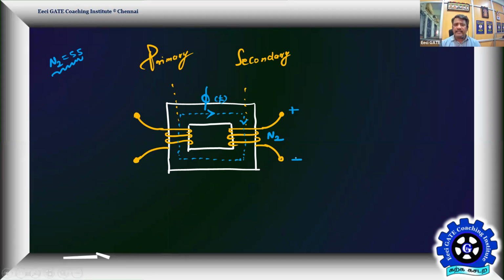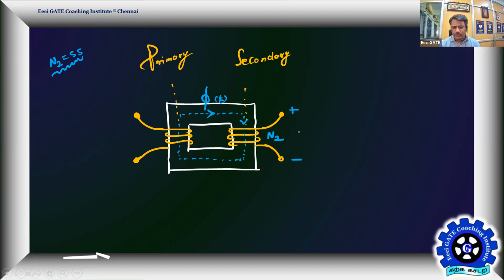That means the current in the secondary coil should aid that flux already set in the core. Then you can put the polarity marking. That is one way, by having excitation. Another way is if we connect a resistance there, and the current flow in the core has to oppose the cause, as per Lenz's law. So in both ways, this will be the positive terminal and this will be the negative terminal.